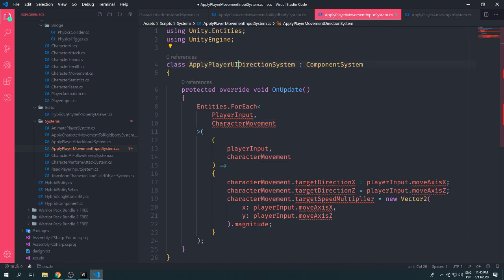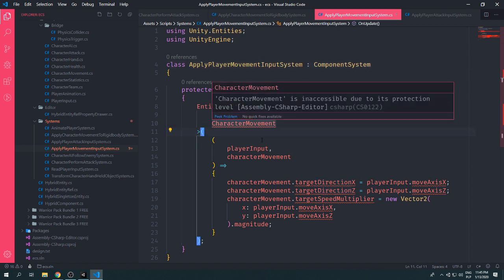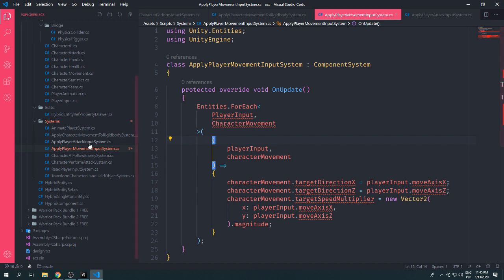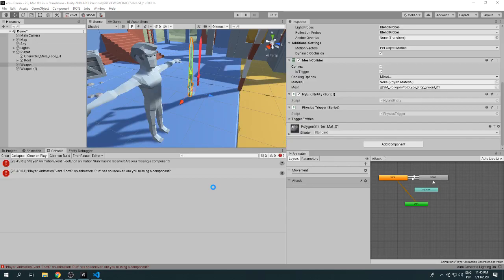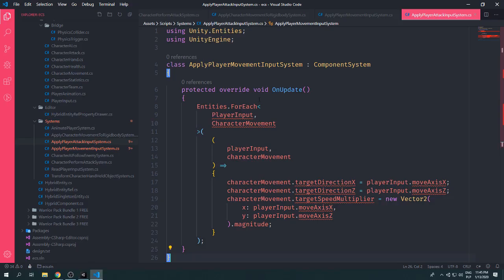Player movement input system. Okay. And we'll copy that one, paste it here, refresh the Unity, apply player attack input system,